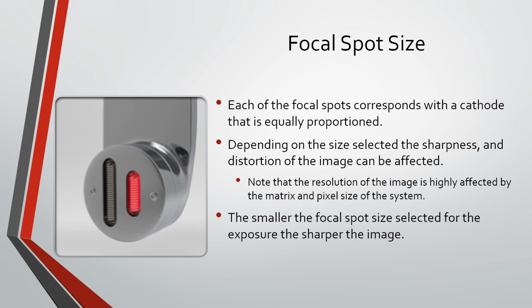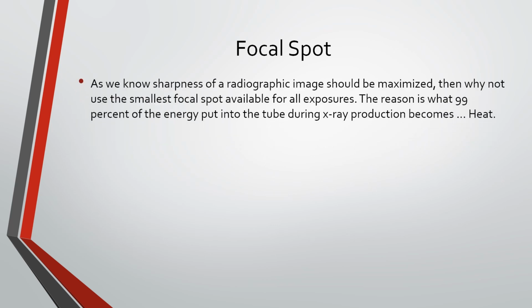So the smaller the focal spot that's selected, this would be the small focal spot here, or this would be the small cathode here, the sharper the image. So we can see here that this would be the cathode side. There's a thing called the focusing cup here, and this would be the large cathode. Okay, and across from it, corresponding to it, would be a small focal spot and a large focal spot on the anode. We'll get into this more during radiographic physics in that playlist, in that series. But for now, we'll